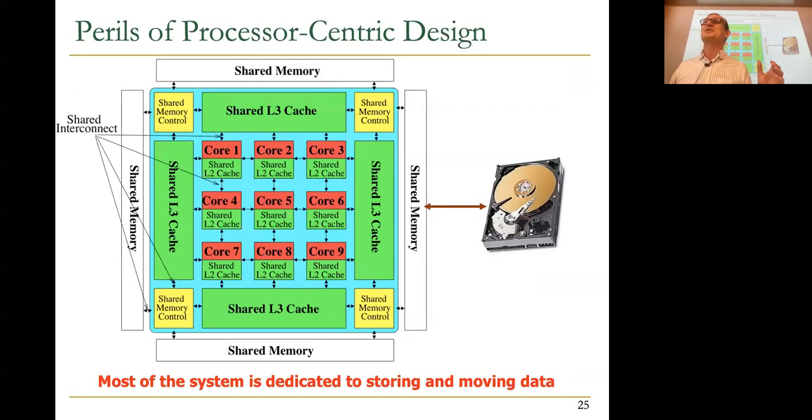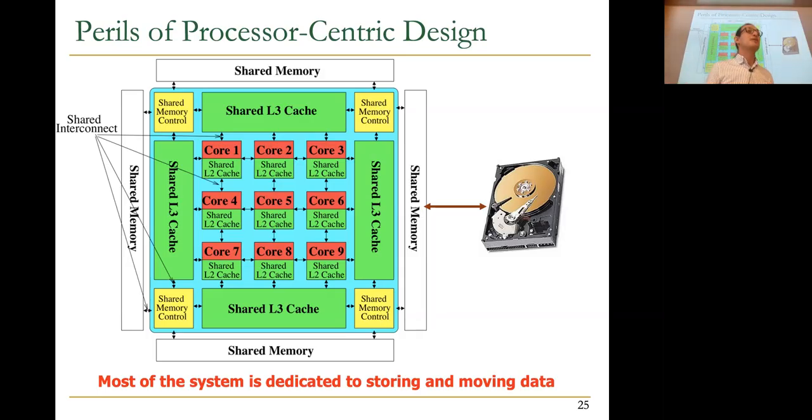And this is my cartoonish picture of it. This picture I can still use. It's actually 15 years old or so. This was from one of my first NSF proposals in the US. Basically, this shows that you have a single node that looks general purpose, but it could be specialized. These cores can be specialized also. Computation is done only in the cores. Everything else, the caches, scratch pads, shared memory, memory controllers, main memory, storage, and all the interconnects, is there to store and move data. They're not capable of doing computation. So if you do the calculation,